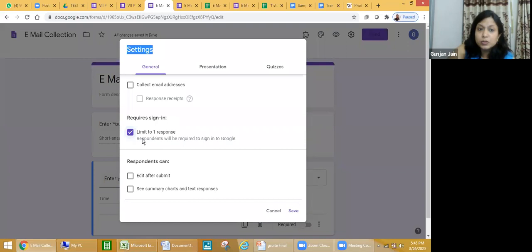So if you click on limit to 1 response and then you share your quiz, you may get a lot of queries from people who are not that tech savvy. They may say that they are not able to log in. It is asking to log in first. So depending upon the people with whom you are sharing, like when I'm sharing it with my 10th class, I'm using this option, limit to 1 response, because I know that they are grown up enough and they should know that they should sign in to answer my quiz.